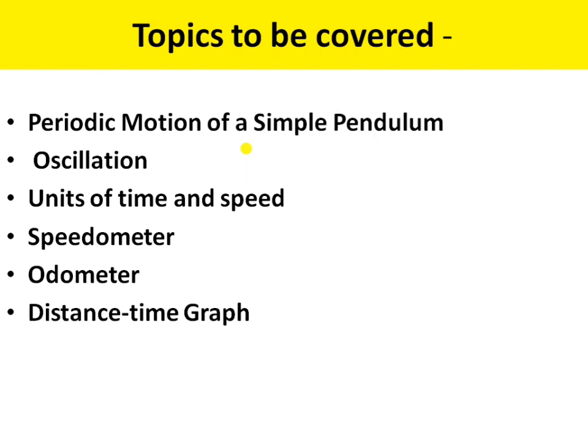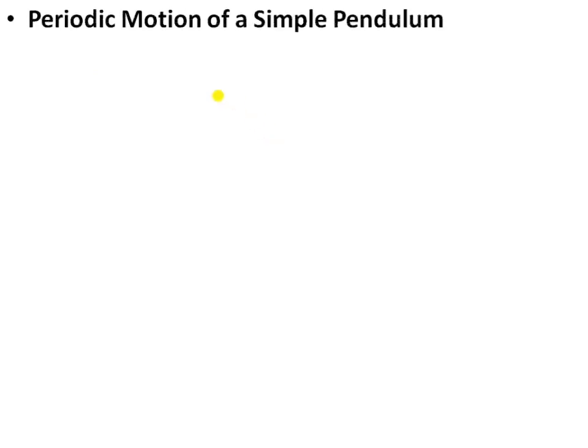So let us begin this lecture with the first topic, that is the periodic motion of a simple pendulum. In modern life, everything depends on precise time. Galileo is the scientist who first discovered and demonstrated the characteristics of the simple pendulum. The measurement of small intervals of time, less than an hour, was made possible when pendulum clocks were developed. Scientists use the concept of a pendulum to design clocks and watches.